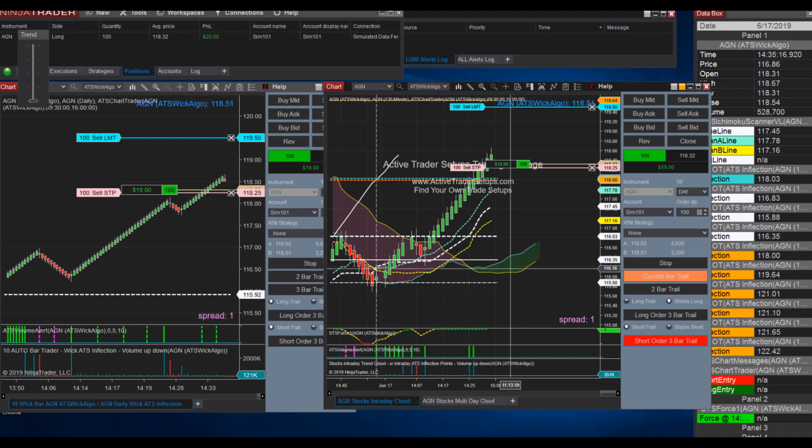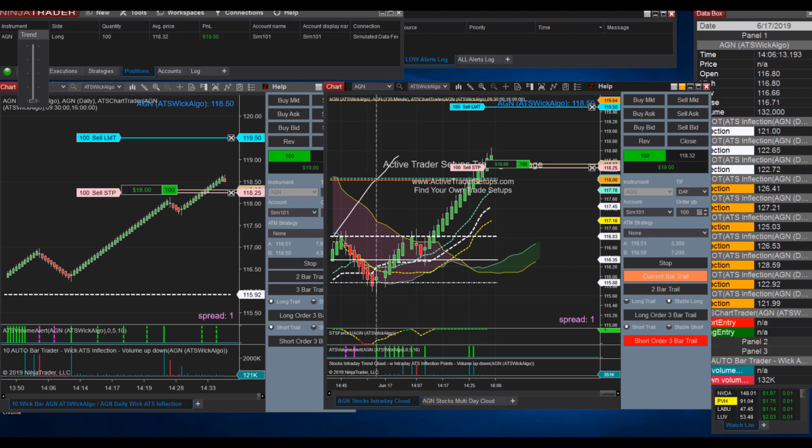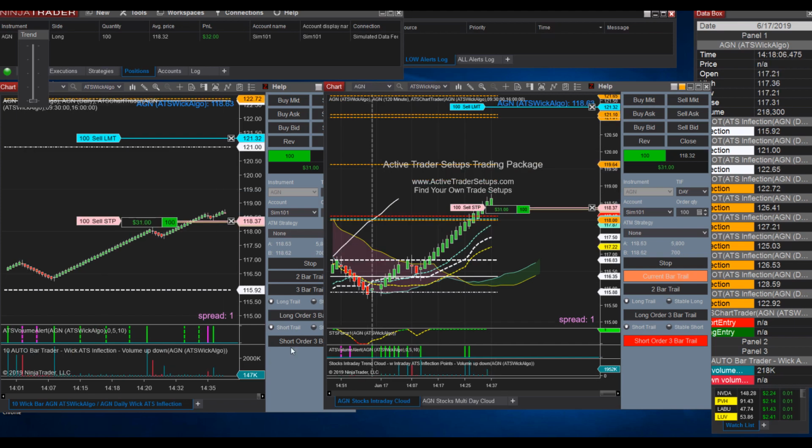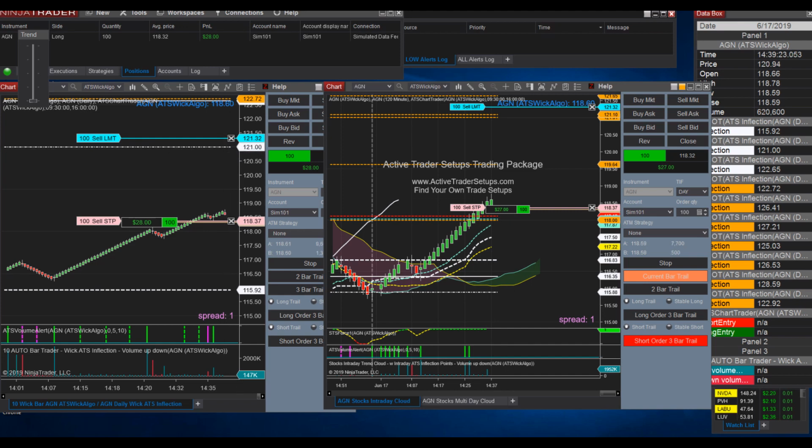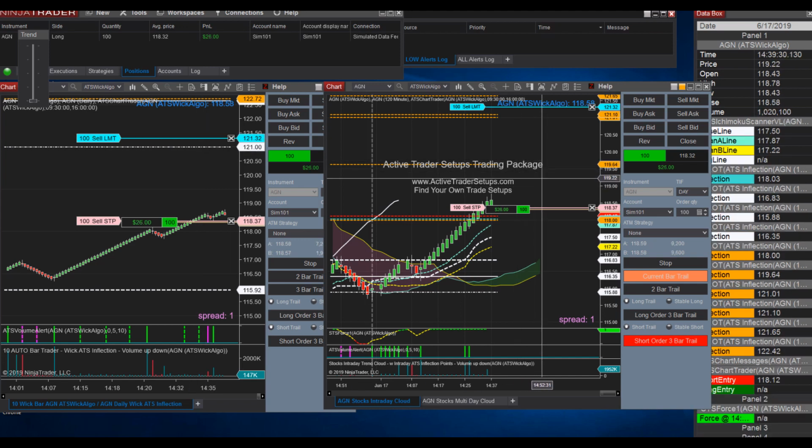As it ticks down here, it will create that order. I'll let this run up a little more, tighten up the stop again, and I have a short trail running behind this stop. So maybe we've run into an inflection point, an old high even. It doesn't have to be one of these inflection points, it could be an old high or old low on a chart. We're expecting a reversal and say, hey,